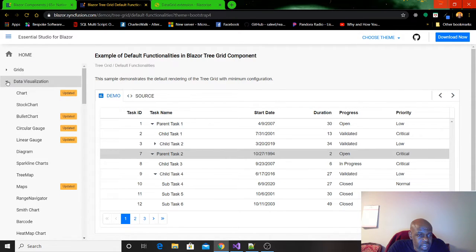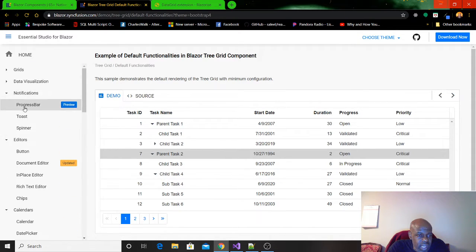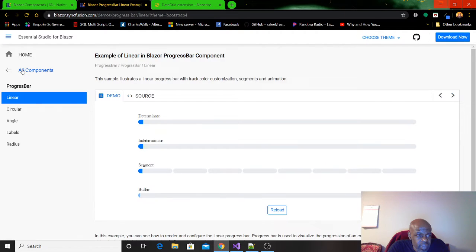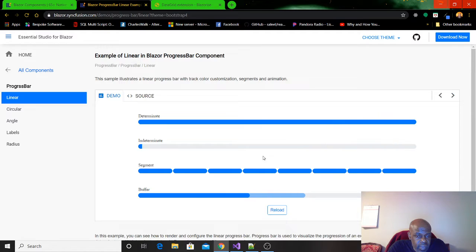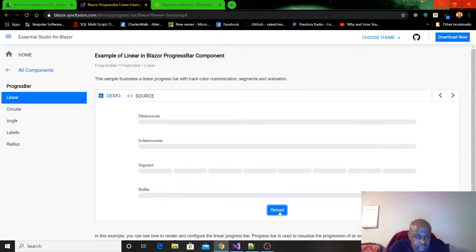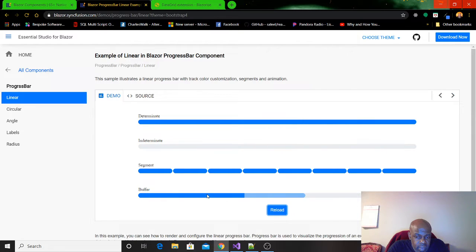They got grids, they got data visualization, they got notifications, progress bars. Matter of fact, I might use this one. Or maybe this one. But this is good. And then here's the source code.